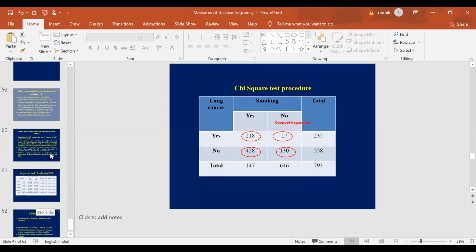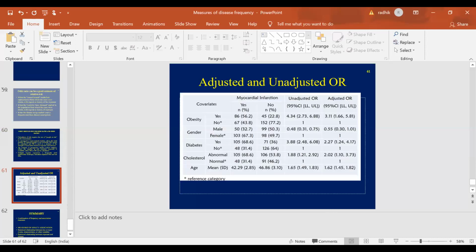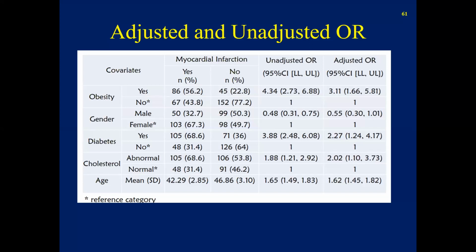Fine. So we talked about the odds ratio. This is a situation where we have the same analysis. We did a chi-square test and then we looked at the association. Then we looked at the odds ratios and how odds ratios can be interpreted.